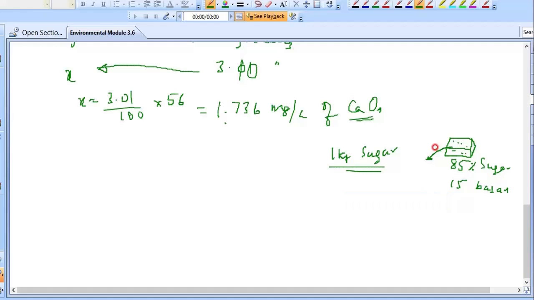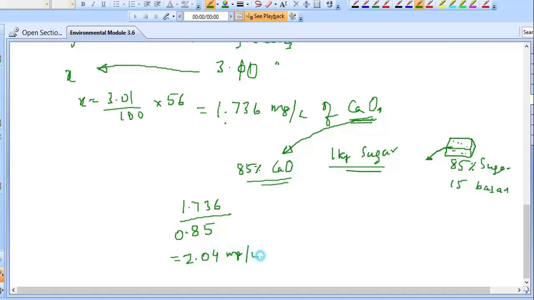You will take obviously more than 1 kg, so that the 15% will be lost now. Therefore here the same way, the calcium oxide we required, but the lime what I have, that doesn't have 100% calcium oxide, it has 85% CaO. It is given in the problem. Therefore if I want 1.736 calcium oxide, but that raw contains 85%, therefore I have to divide it, then I will get 2.04